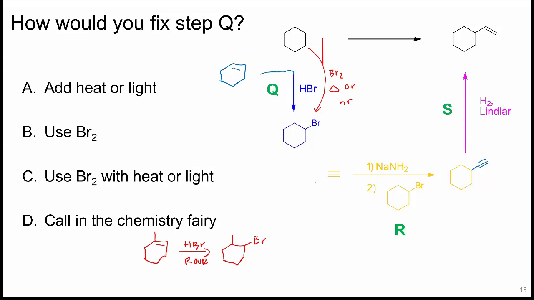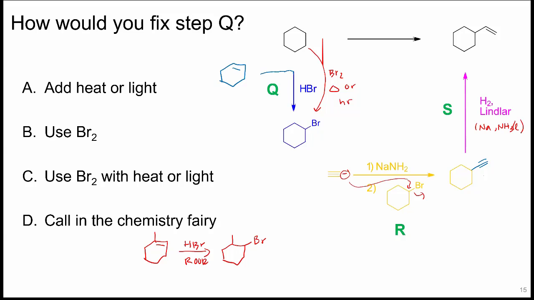So for the next step in the synthesis, we take acetylene, which is C2H2. We add sodium amide, which will create the negative charge here. And then we add in that bromocyclohexane which we just made, kick that off, and that will form this product here. And then we can use H2 Lindlar in order to get to that alkene. You could also, if you were trying to do this reaction, use Na with liquid ammonia.